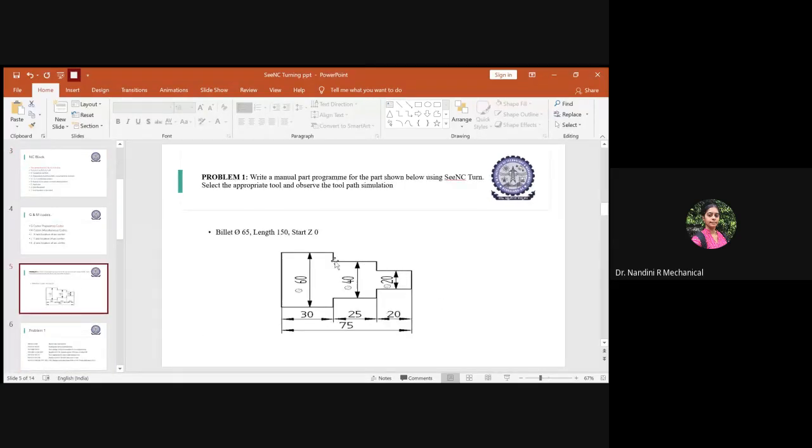So here, this is the basic required part that you have to make. You have 3 blocks here, which can be achieved by normal turning operation. Everyone has used a lathe, done turning operation, drilling holes, many things. Same thing, now we have to do it using G codes and M codes with the help of a CNC turning machine. So how do you start?